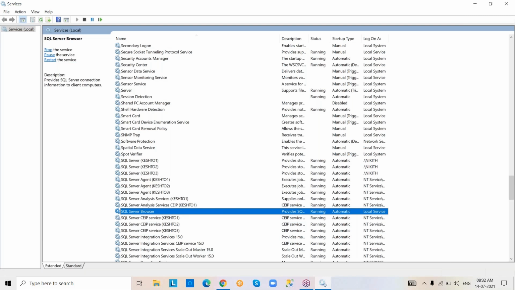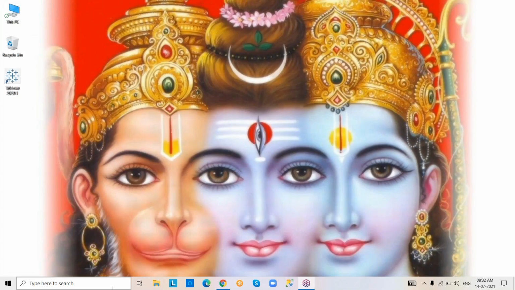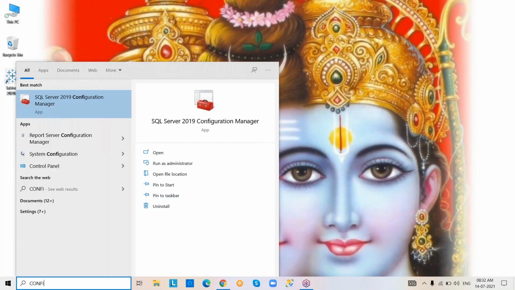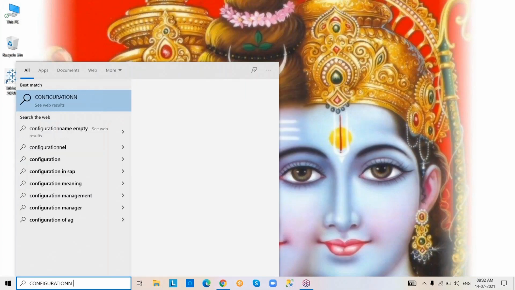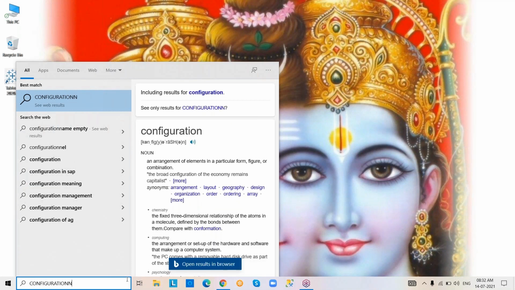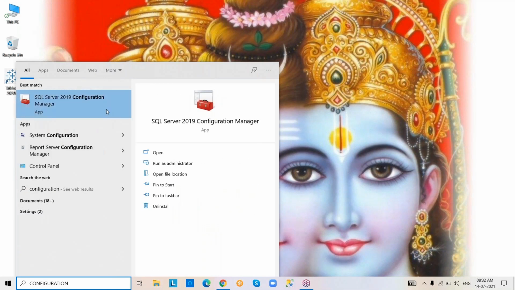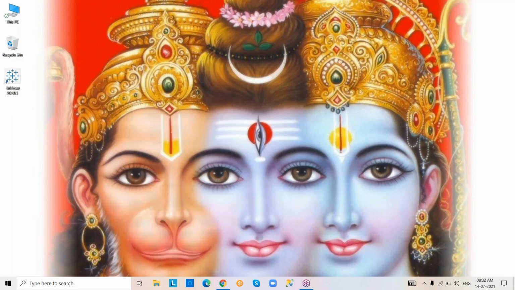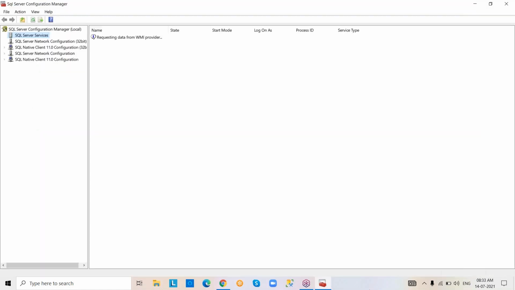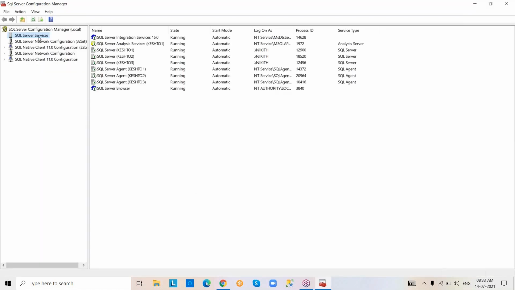In the same way, a better way to check the services is to go to SQL Server Configuration Manager. Open it. In Configuration Manager, go to services.